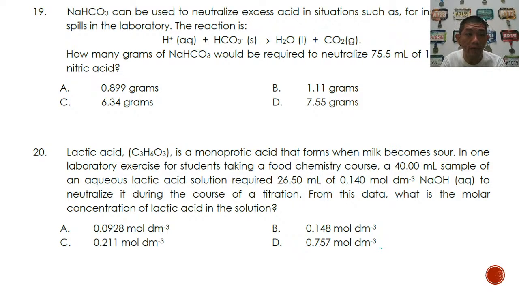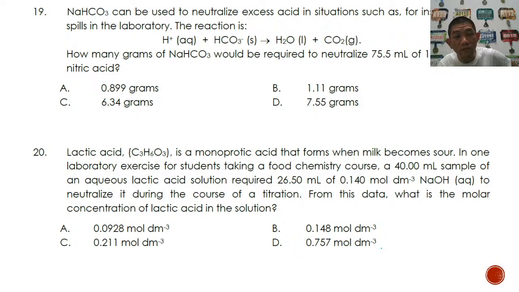Sodium hydrogen carbonate, NaHCO3, can be used to neutralize excess acid in a situation such as an acid spill in the laboratory. The equation for the reaction is H+ + HCO3- gives H2O + CO2. Calculate how many grams of NaHCO3 would be required to neutralize 75.5 milliliters of 1.00 mole per decimeter cube of nitric